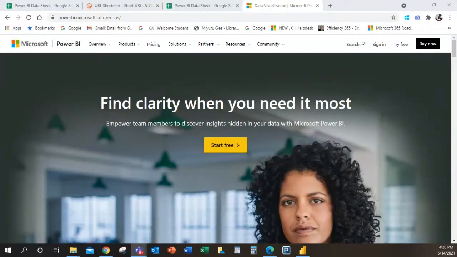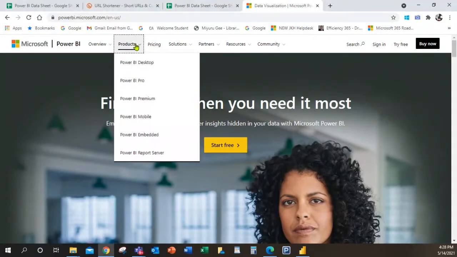You can use your Q&A for any question. And from here, you can go to Microsoft Power BI Desktop. So we are going to download the Microsoft Power BI Desktop application.